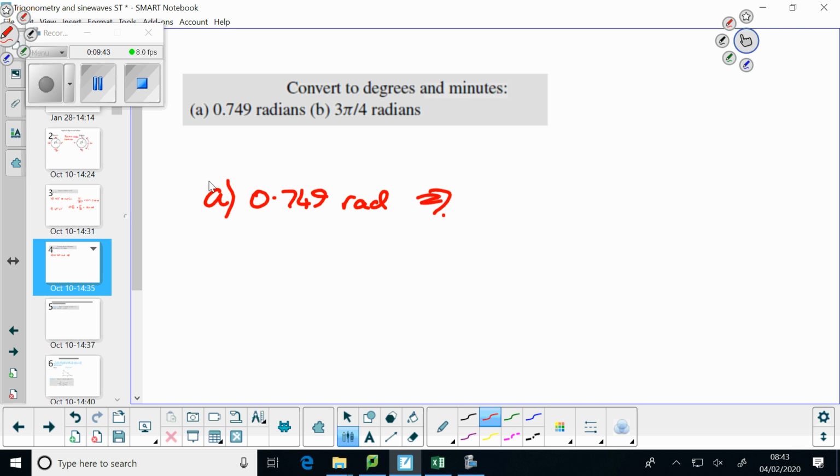The whole circle is worth how many radians? Or half a circle. Most people do it with half a circle. So how much is half a circle worth? Pi, yeah, multiply it by 749. I haven't got the answers written down on these ones, so